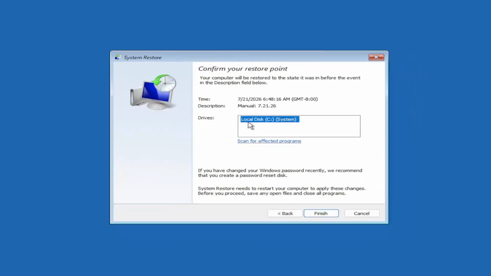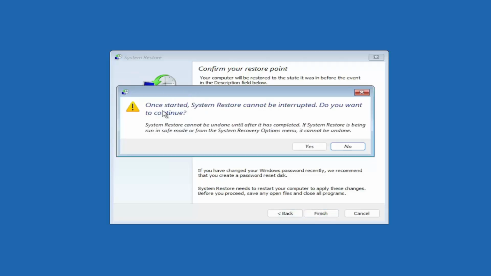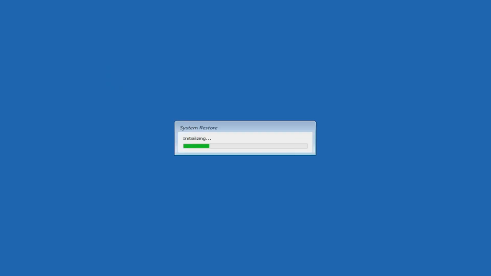You shouldn't actually have to select the drive. You can scan for affected programs, but we're going to keep it all default here, and then we're going to select Finish. So once started, System Restore cannot be interrupted. Do you want to continue? I think we're going to select yes. I don't think we have anything better to do on our computer right now,